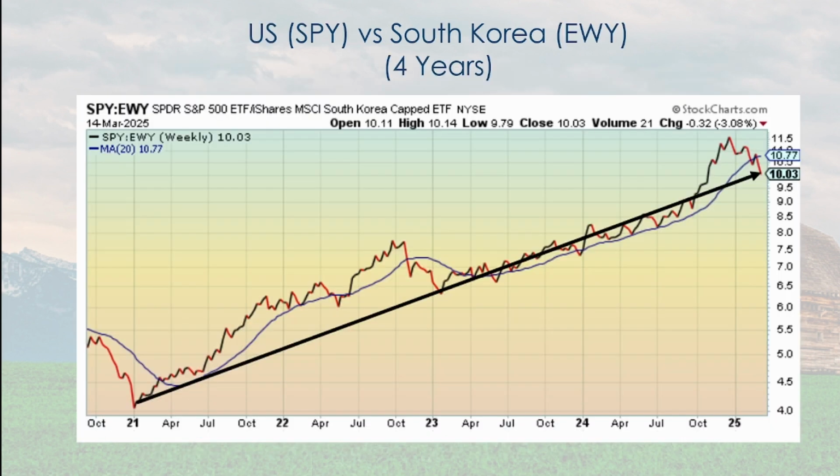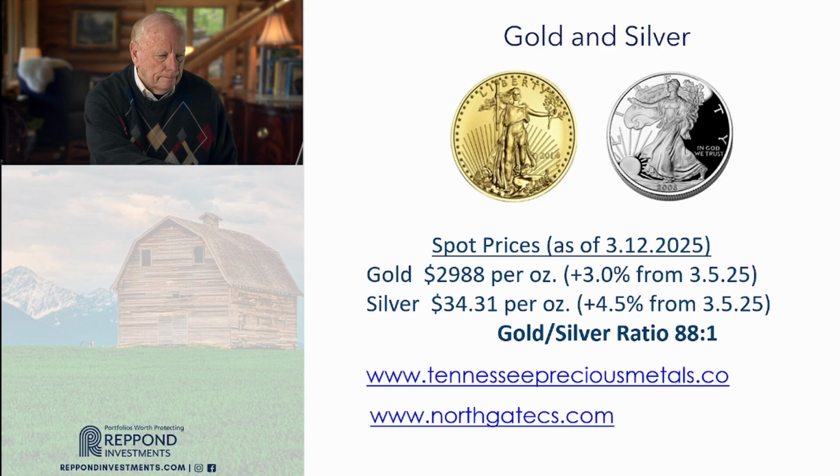This is a chart that I've been showing. It gives as good a light as I could for any country to compare the U.S. to over this 4-year period of time, and that's comparing it to South Korea. But even when you compare it to South Korea, or we could compare it to other countries based on what I just showed you, they wouldn't be as consistent as this. But during the last month and a half or so, the U.S. is weaker than South Korea, marked by the decline in the line.